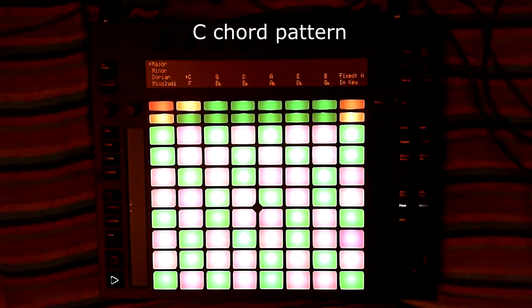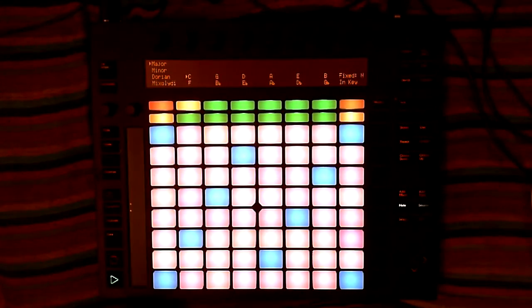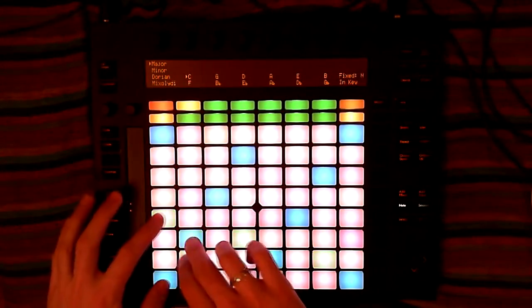So here there are 13 notes and 4 octaves that are played simultaneously. You see more pads that are lit up just because some of the notes are duplicated. If you study this pattern and try to remember its structure, then it will be much easier for you to find your way around chord voicings and to build your own versions of major and minor chords.